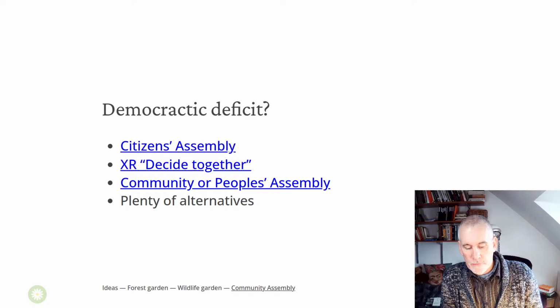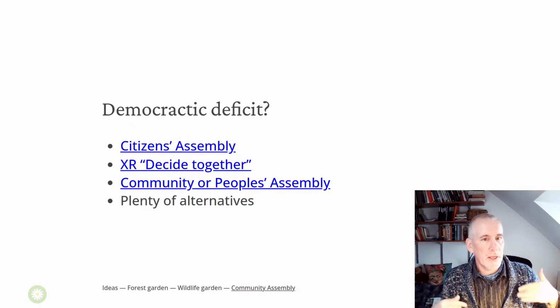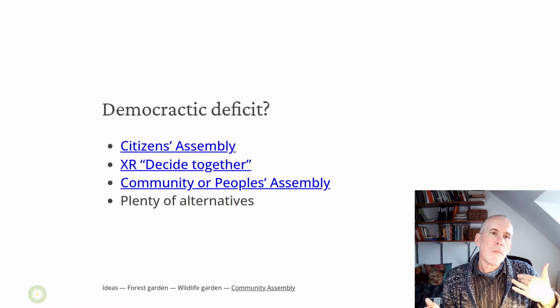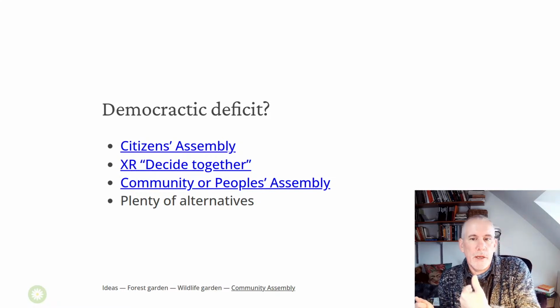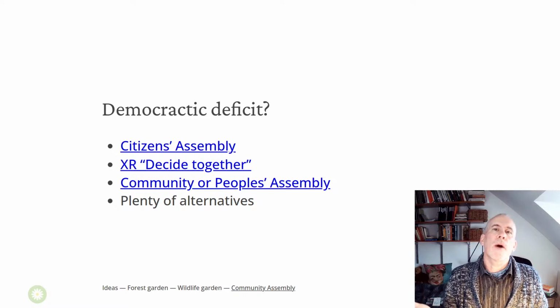So we're presented with the facts that we use an expert to advise a citizens' assembly, and a citizens' assembly is chosen by sortition, where you choose it from the general population, and people are compensated for their time and the right decision. So there's lots of examples across the world. The decision to legalise abortion in Ireland was arrived at by a citizens' assembly. They want exile for a climate emergency, and at a local level, community or people's assembly is a way. It's a similar kind of process, but there are lots of different